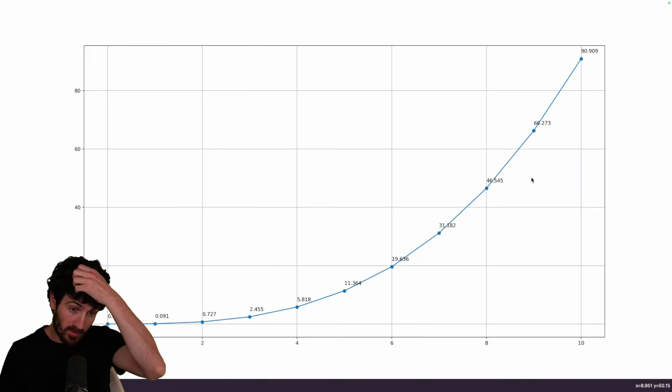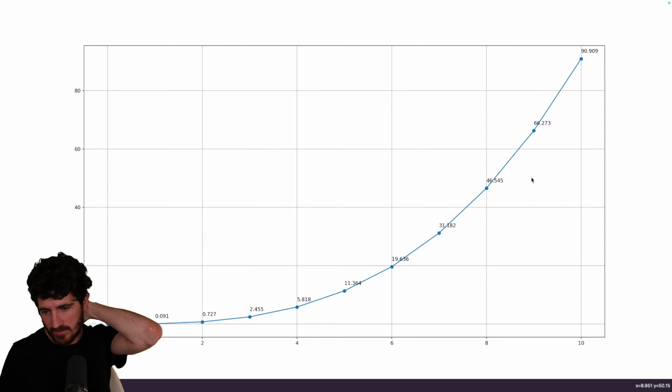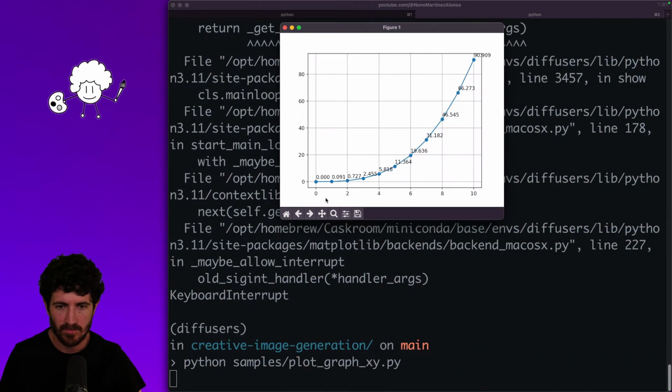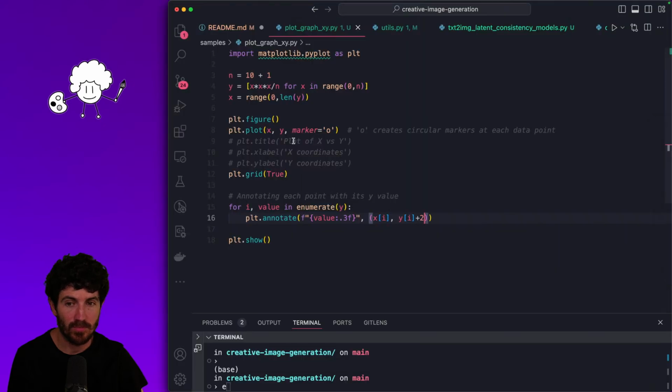All right, so here we're plotting these values, and it seems right now they are too small at the beginning and too big later. It's kind of okay. I want to sample more points, so not just 10, but let's say